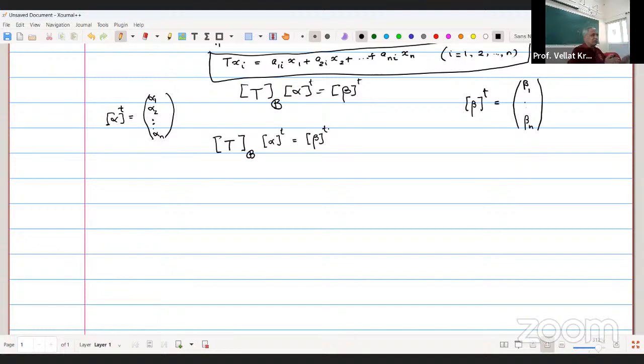I'm writing it now as a column vector, if I want to distinguish between them. And then you see that, if you actually sit down and work explicitly, this would become simply the n by n matrix